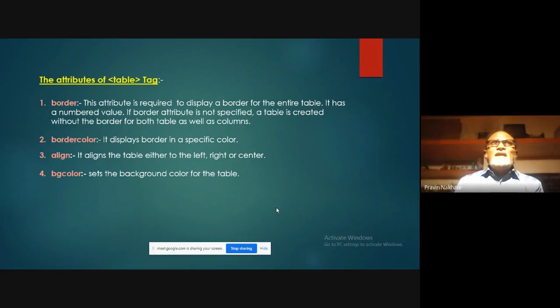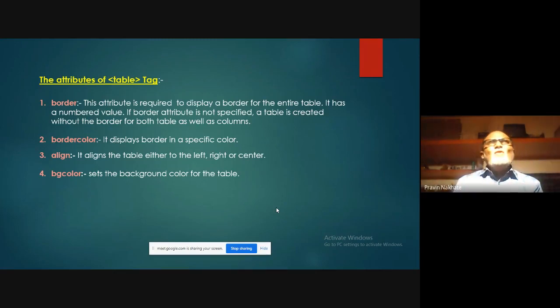This attribute is required to display a border for the entire table. It has a numbered value. If border attribute is not specified, a table is created without the border for both table as well as column.